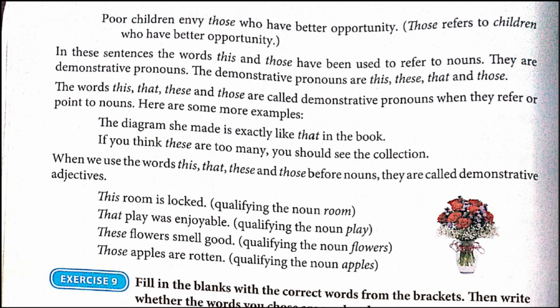Next one, these flowers smell good. Here, qualifying the noun flowers, these is a demonstrative adjective and flowers is a noun. Those apples are rotten. Here, qualifying the noun apples, those is a demonstrative adjective and apples is a noun. So students, here we complete our pronouns chapter. Go through the chapter, read the rules, understand